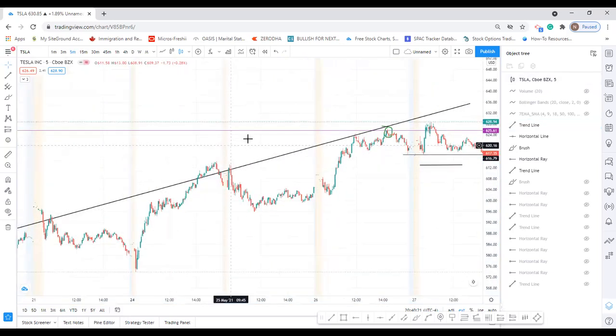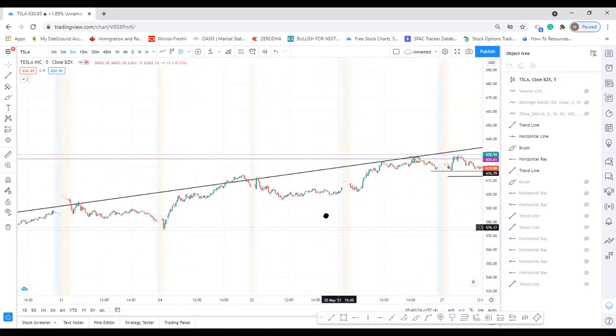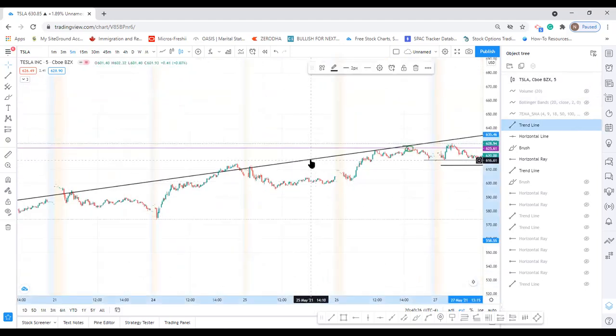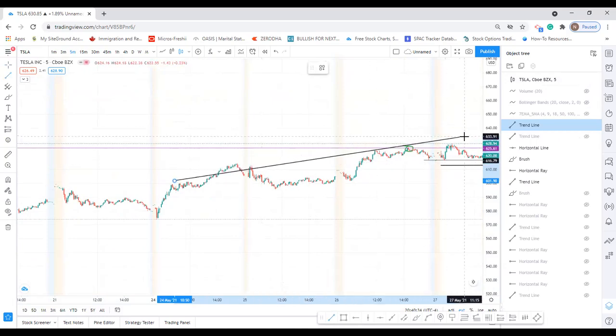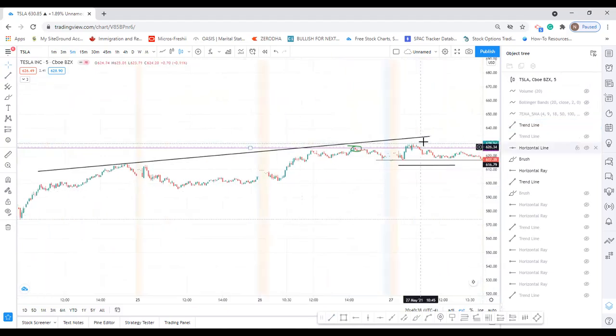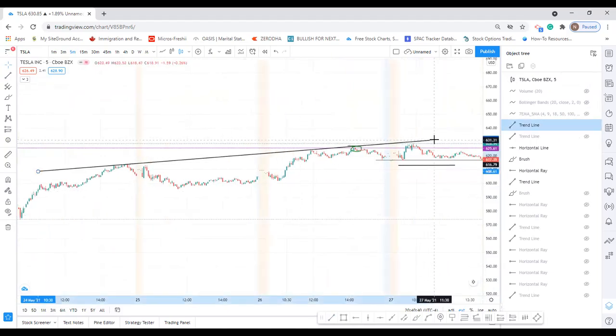Let me make it smaller. If we are adjusting, I'm just gonna remove this one. I'm not gonna remove, just gonna highlight. So I don't wanna remove. If you see here, there is some resistance on this area from here. Why? Because when you draw the trend line